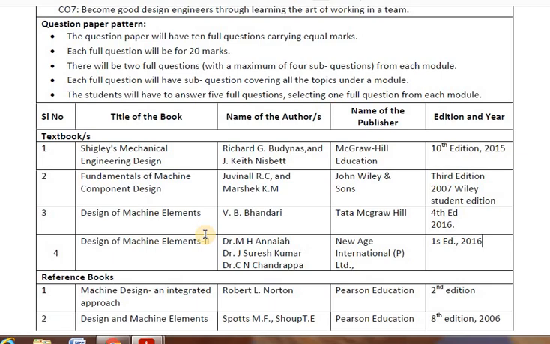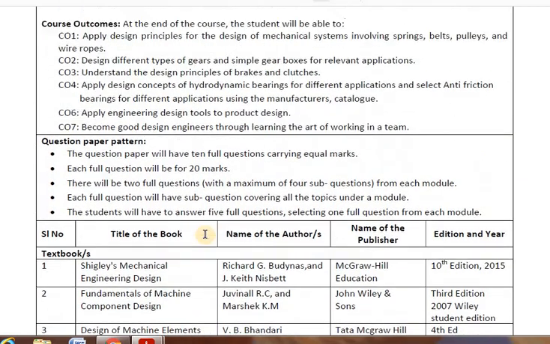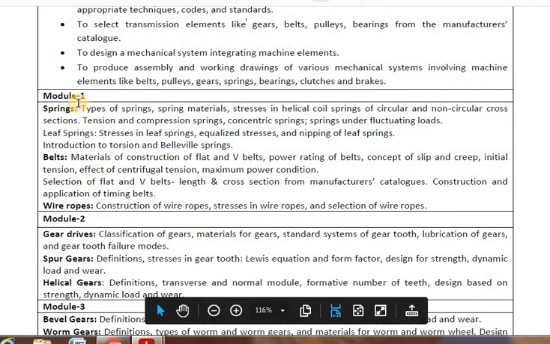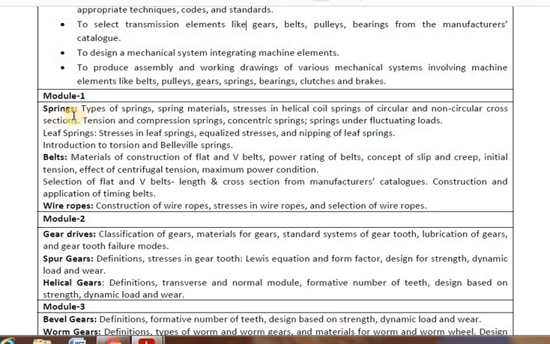We are going to deal with these things with the students, and when we meet in the next class, we will start directly with module 1. Under that we start with the springs. I will handle the entire spring part, and after I complete it, belts and wire ropes are handled by Professor Arvind Mudhyadila. Okay, so we do things in that particular manner.